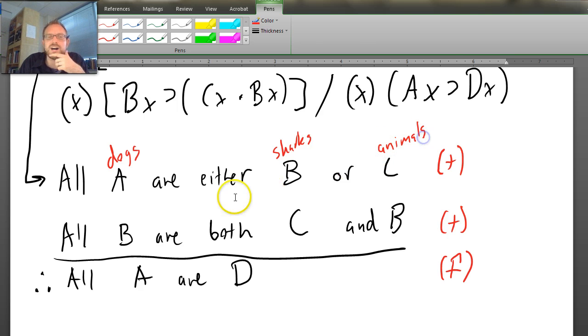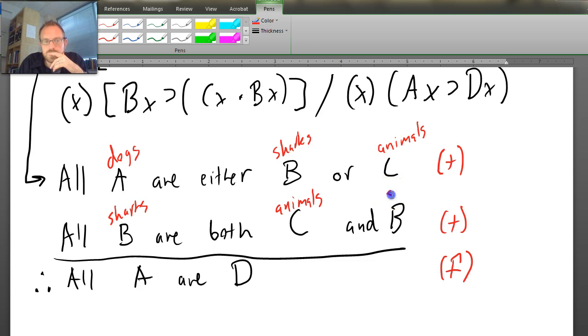Now, that seems odd for someone to say that, but you can imagine that's, strictly speaking, a true statement. We know, of course, that they're not sharks, but we know they're animals. But this statement is a true statement. It's not denied by the universe. But B here becomes sharks. So this would say all sharks are both. Let's make C animals. Oh, we already did. C is animals